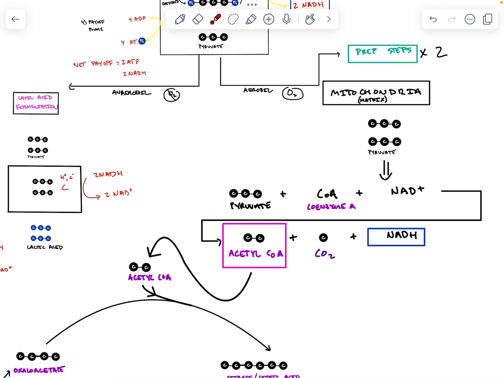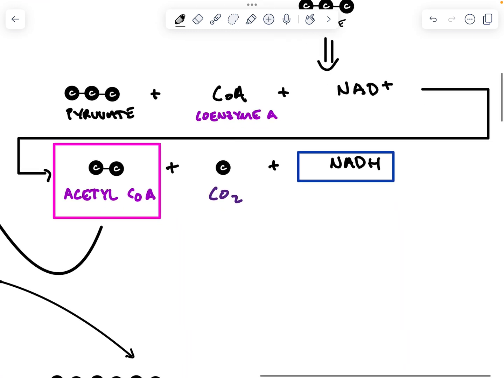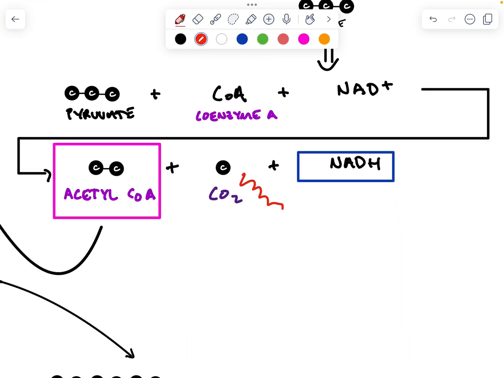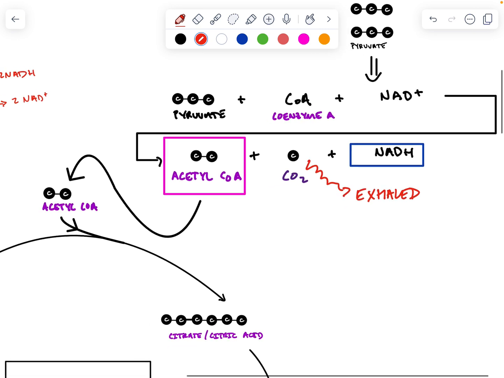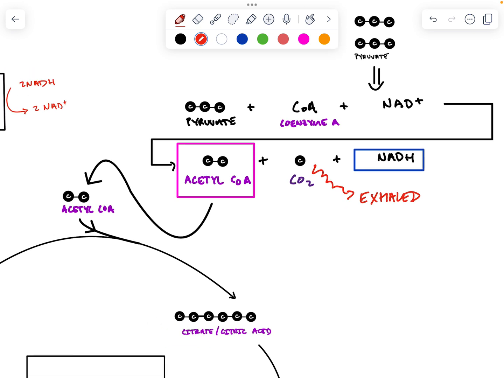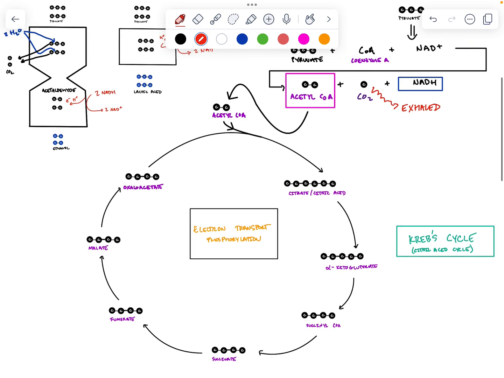So pyruvate joins with coenzyme A and NAD plus to make this molecule called acetyl-CoA, one molecule of CO2, and a molecule of NADH. Now, this CO2, this is what you exhale. So CO2 produced in all of your cells is gathered in your bloodstream, it's brought to your lungs, and then when you breathe out, you're breathing out the CO2 that in part you've created in the prep steps. Okay. The NADH is going to be saved for later. We put a blue box around it because it's going to be involved in electron transport phosphorylation, the last part